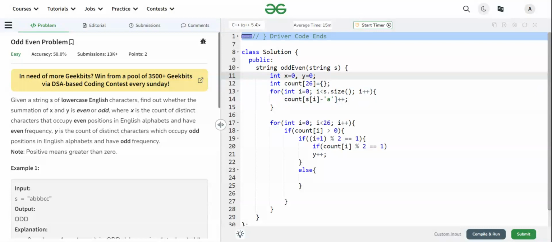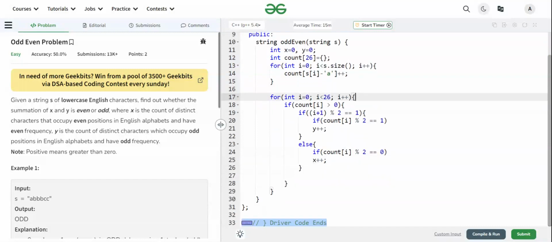So if the position is odd and its frequency is also odd, then we add into y. Else, the position is even, and if count of i is even, then we will add in x.